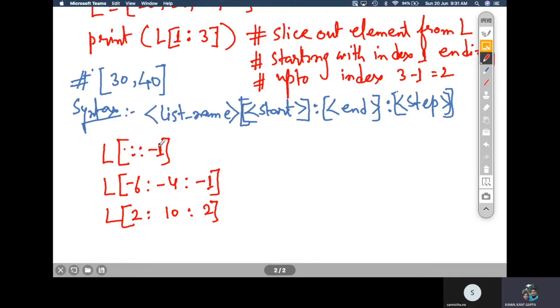The second one is -6 colon -4 colon -1. The positivity or negativity of the jump tells us from which end we should start our move. If it is positive, we start from the left side, and if it is negative, the move starts from the right side, the end of the list.